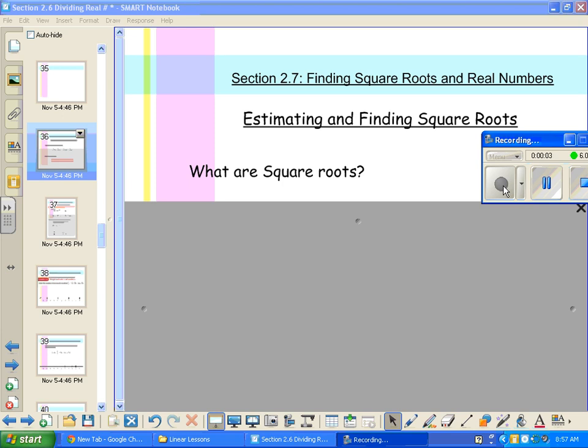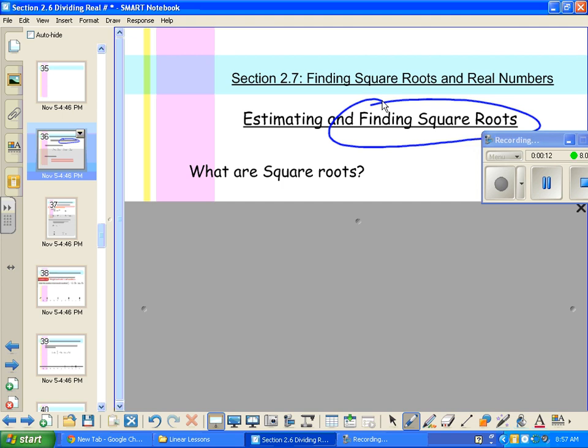Today's lesson is on section 2.7, finding square roots and real numbers. We're going to work on, especially today, finding square roots. I know that first part says estimating square roots. We're going to work on that actually tomorrow, but first today we're just going to work with square roots in